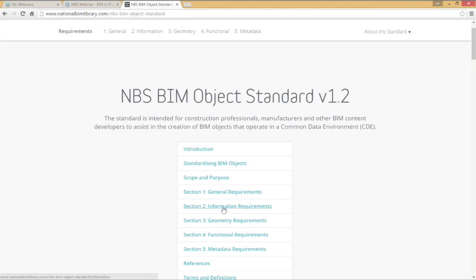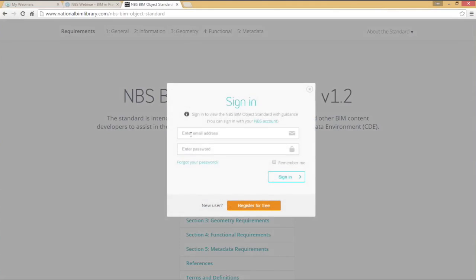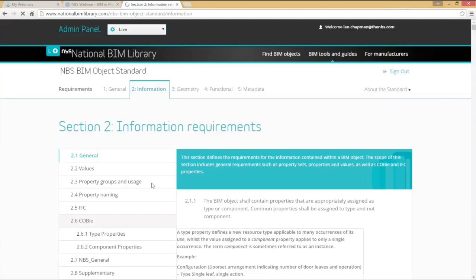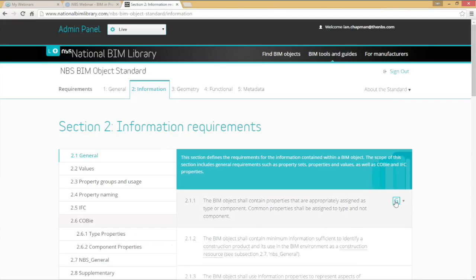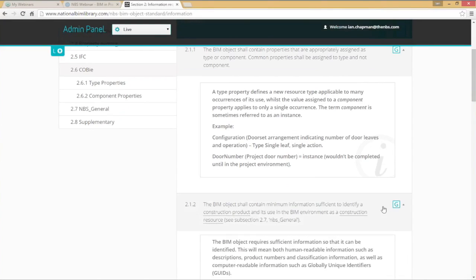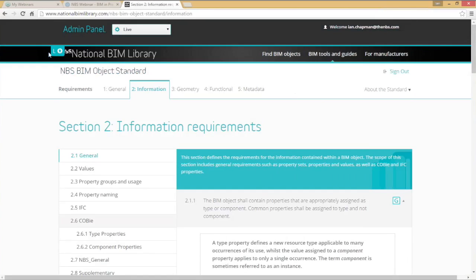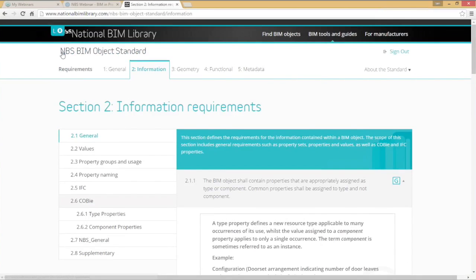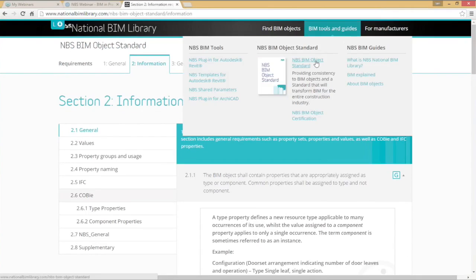One of the benefits of browsing the standard online is that if you log in, as I will do now, there's lots of technical guidance to help you understand what the standard requirements are, what the requirements of a good quality BIM object are defined in the standard, and then there's some guidance to help you understand some of the background to that. So if there's manufacturers out there that would like to create objects themselves in-house, or procure objects,